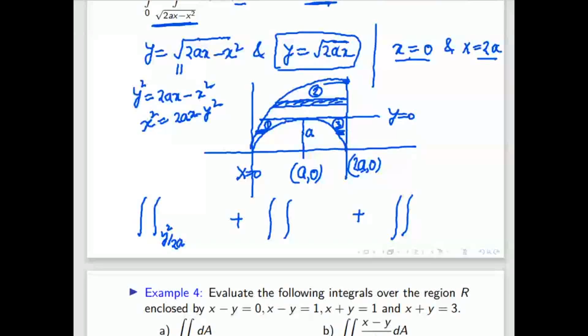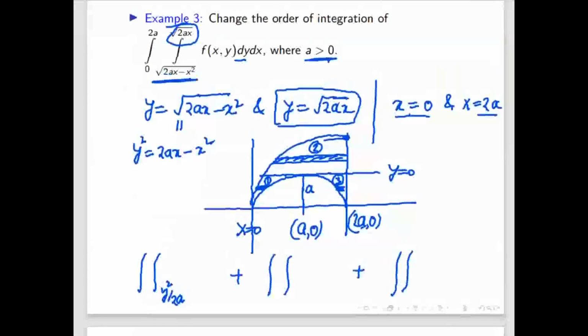So can't we do that another way? The answer which came earlier, which everyone said was wrong, we will subtract the area of the semicircle from that. No, you cannot subtract the area. The question is not to find the area. The question is to find the integration. If suppose a function is given, then you are not finding area. Here in this question, there is no function. The question is just to change the order of integration. If the function is given as x square plus y square and you find the area, you will get the wrong answer, because the question is not finding area. Finding area means the function value is 1.